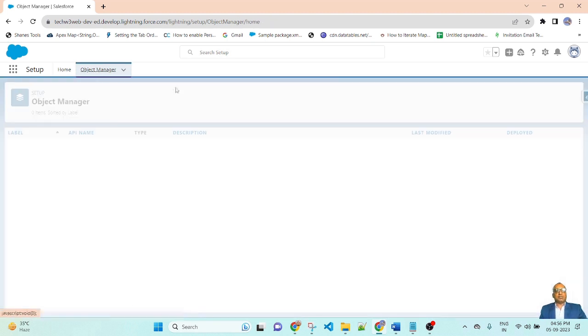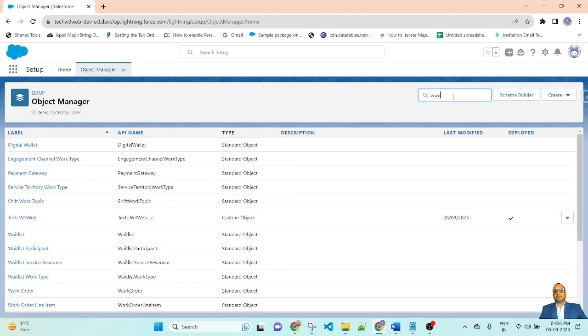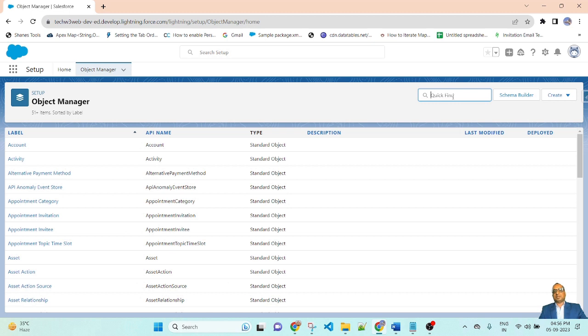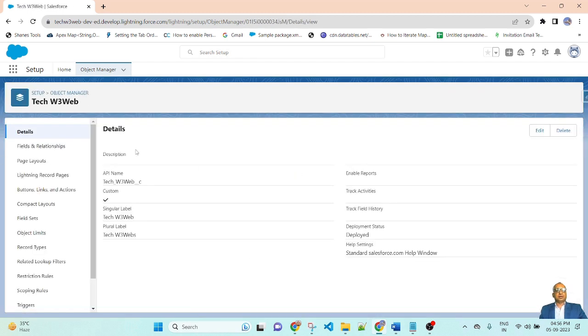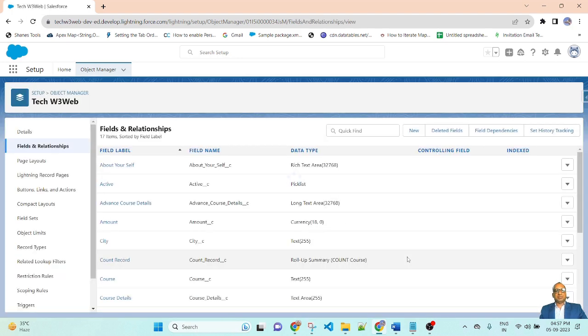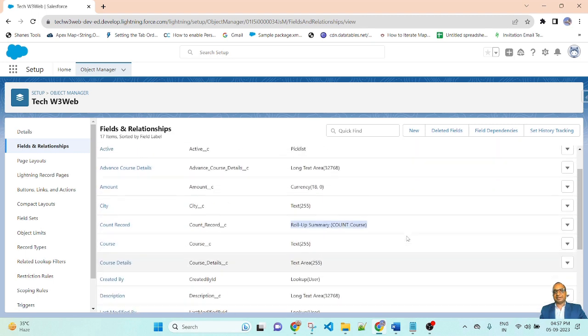So now go to the parent object. Go to the fields and relationships. Now let me delete all of the roll-up summary fields. In the parent object, there are two roll-up summary fields, first and second.